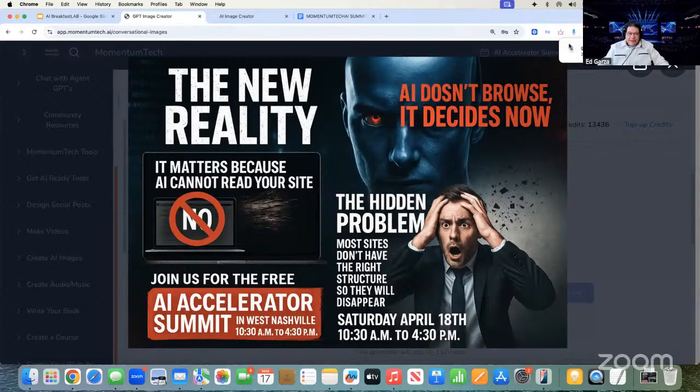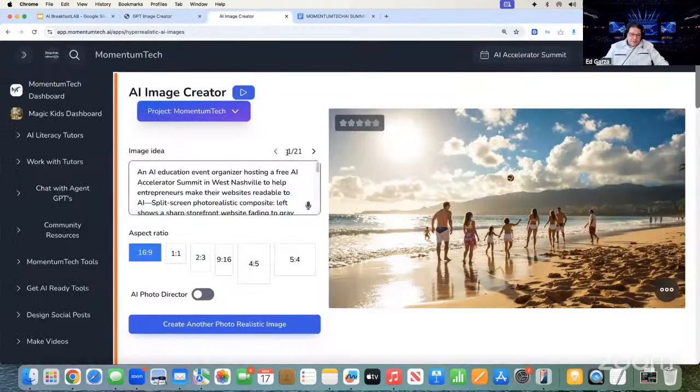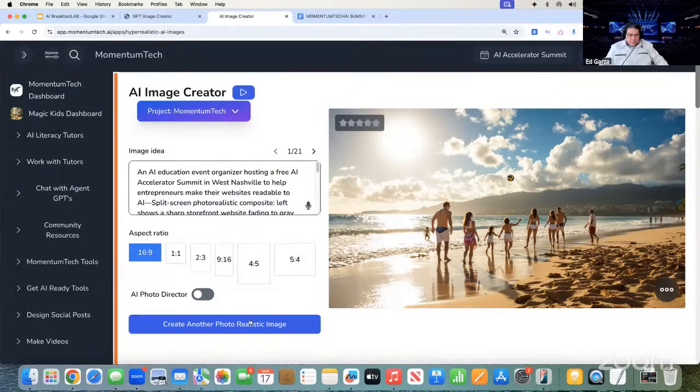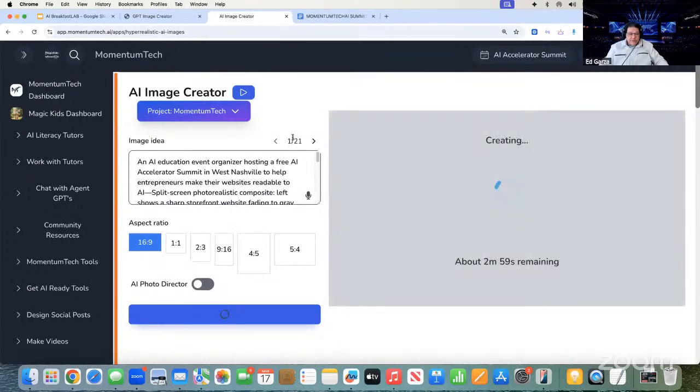So we could download that image, and let's look at what we did on the ideas. Here's some ideas, one of 21, and we probably will edit that image. I'll show you how we could do that. There are 21 ideas that it gave us. So let's just start seeing what we do. Let's do the first one of 21, and let's see what kind of quality we can get out of this image tool. It may be a little bit different.